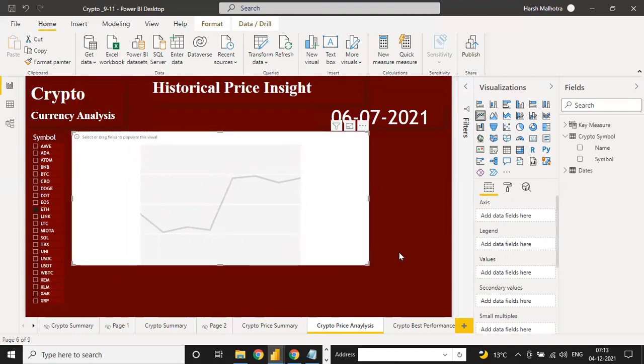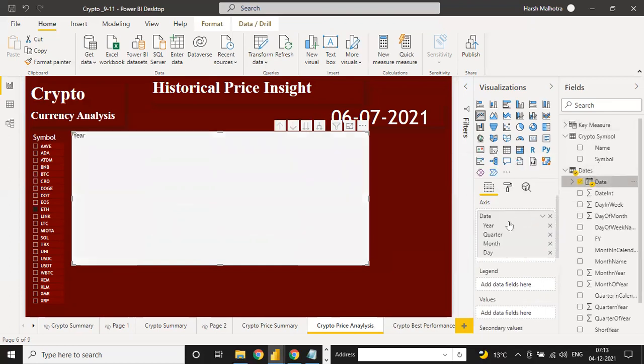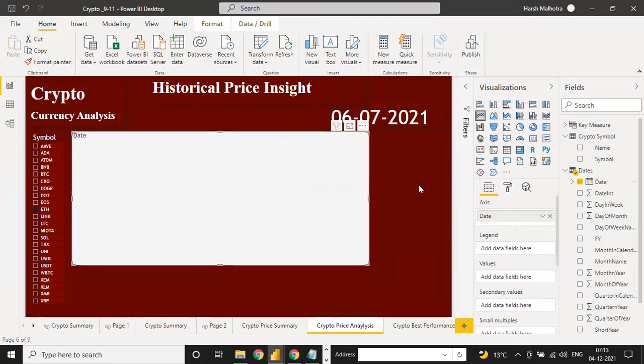In this line chart, what we need first is, from the date table, the axis part. This is your complete date, and right now click on this. You need the date hierarchy node. We need the date, complete date wise, day by day in our table.